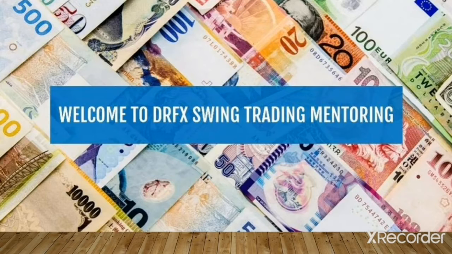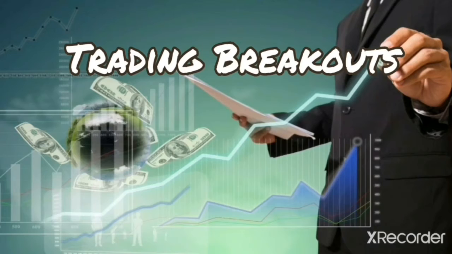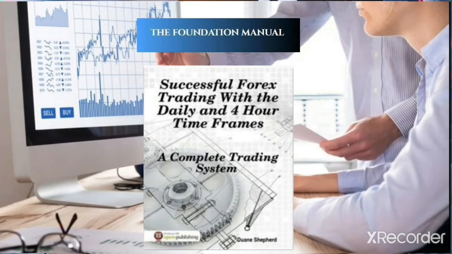Now in this video lesson, I'm going to be using this trade that was done on my live account on the pound Japanese yen, which provided a rate of return of 4.96%, to show you an example of how we confidently trade consolidation breakouts that take place in the currency market every week. So this is going to be using the techniques from the trading manual to show you how we go about